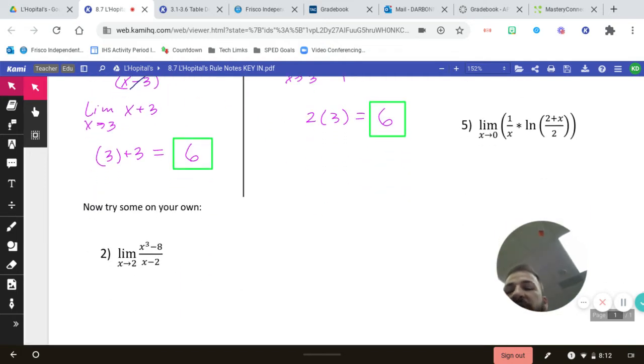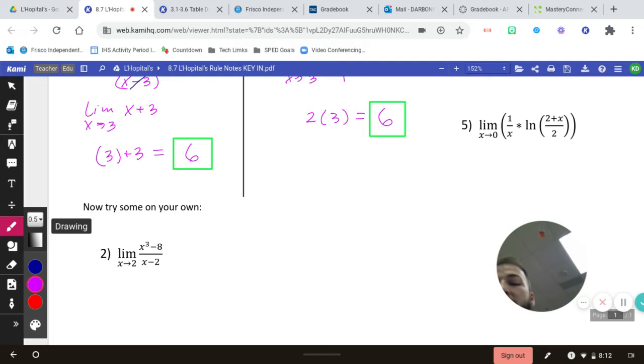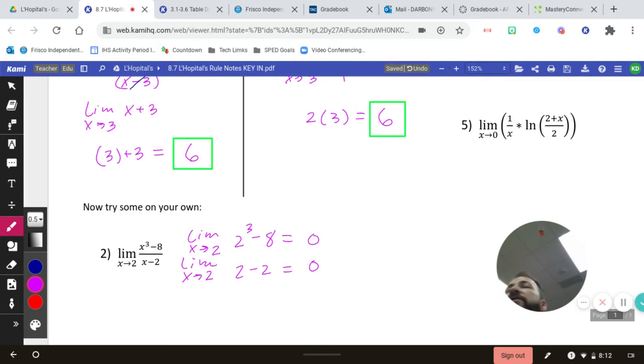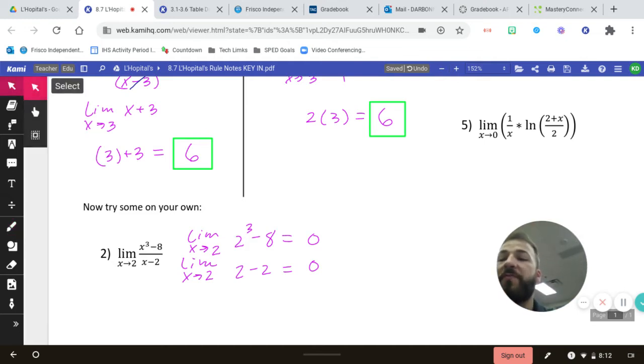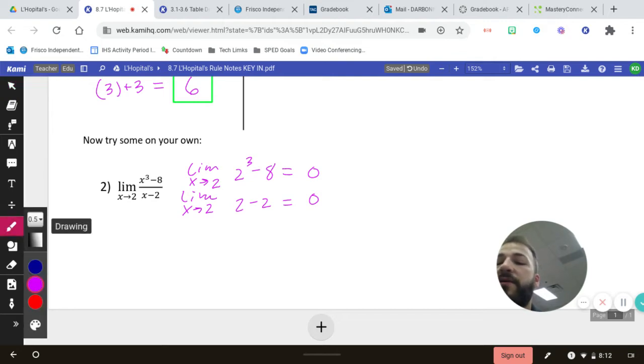Okay, so let's look at number 2. The limit as x approaches 2 of x cubed minus 8 over x minus 2. Just looking at this, it looks like I'm going to get that 0 over 0. So I'm going to say that the limit as x approaches 2 of x cubed minus 8 is equal to 0, and the limit as x approaches 2 of x minus 2 is equal to 0. Notice I'm not writing this as a fraction. I'm just evaluating the numerator and the denominator as if they're separate functions. From here, I'm going to make this statement: by L'Hopital's,